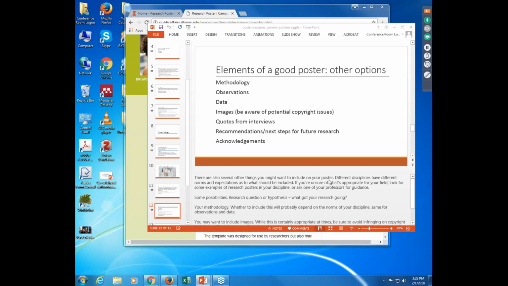You might include images, although you want to be aware of copyright issues if you're using images that are not your own. The library has people who can help you identify images that are free to use. So if that's something that's of interest to you, then please don't hesitate to contact the library. The point here isn't to scare people away from using images, but if you do a search for frogs or something, and then just take an image of a frog off the web, somebody else might own the copyright to it, and we don't want you to get in trouble or get sued or anything like that. So just be aware that this is an issue. It's something that in the library world we like to emphasize a lot.